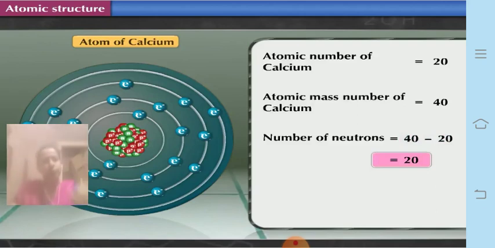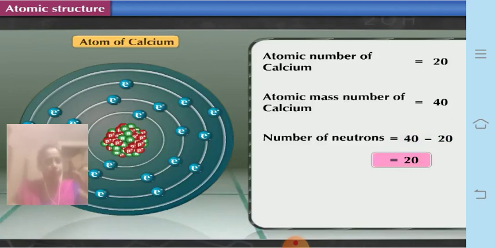Before I conclude this video, let me again try to make you recall. Protons are positively charged. A proton carries 1 unit positive charge, equal to 1.6 into 10 raised to minus 19 coulombs, and the electron carries a similar 1 unit negative charge. The number of protons is equal to the number of electrons. Protons are present as positive charge inside the nucleus, and the positive charge of the nucleus is just because of the protons. Electrons revolve in the orbits, in the extra nuclear part, along with the empty space. It also carries the same unit of charge.